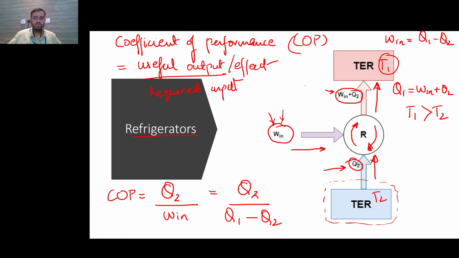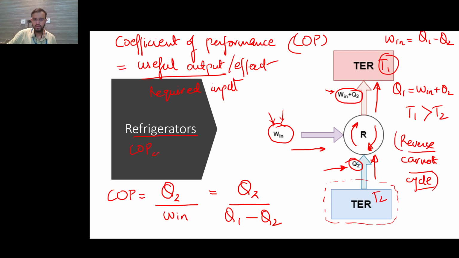If we use something called a reverse Carnot cycle, again, this is a theoretical cycle. So if you take a Carnot engine and you reverse its operation, it's going to start absorbing heat from the lower thermal energy reservoir, and it's going to start dumping heat into the higher temperature thermal energy reservoir. All right. And this is a reverse Carnot cycle. Again, it's an imaginary cycle. And for that, we have a Carnot efficiency.